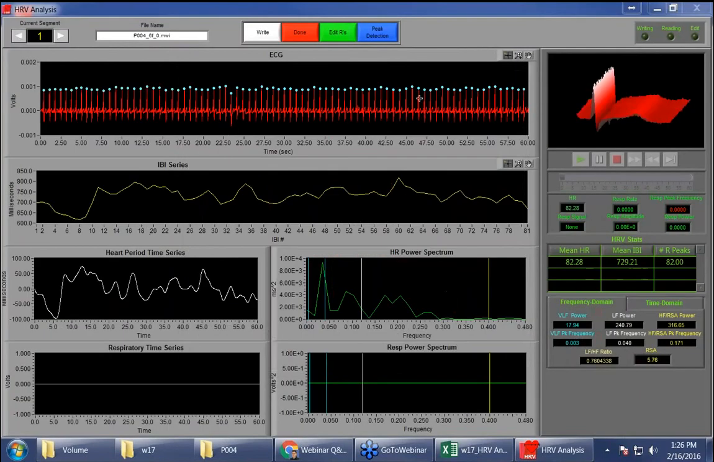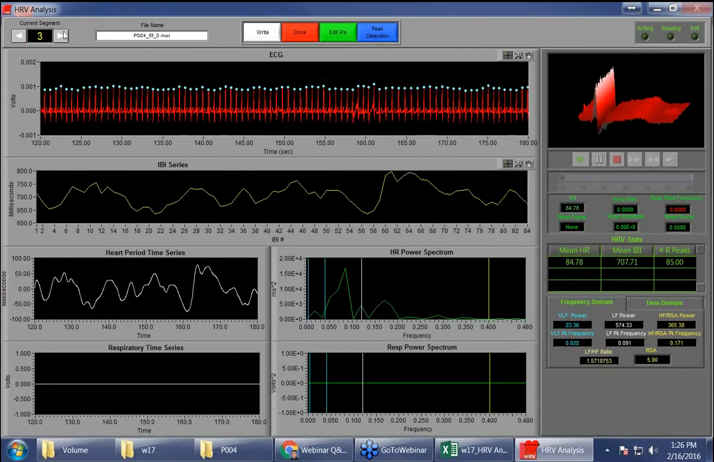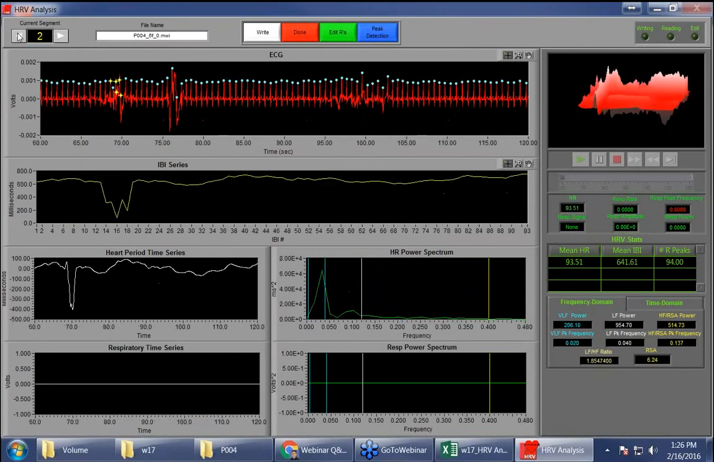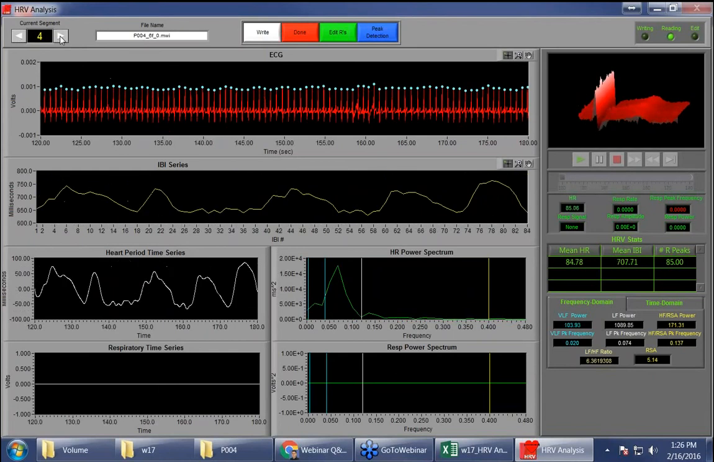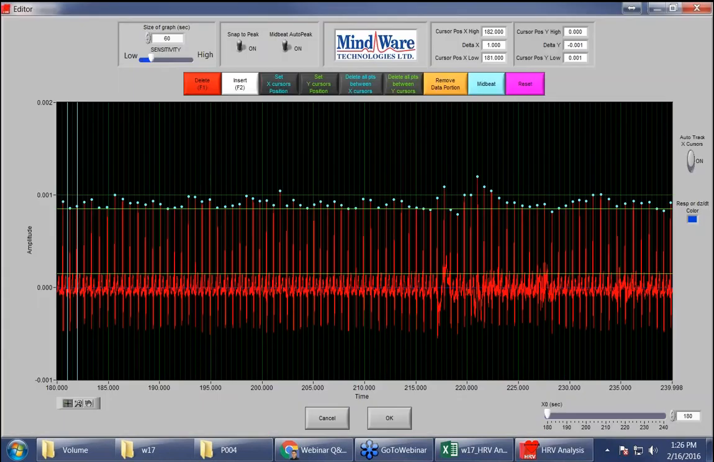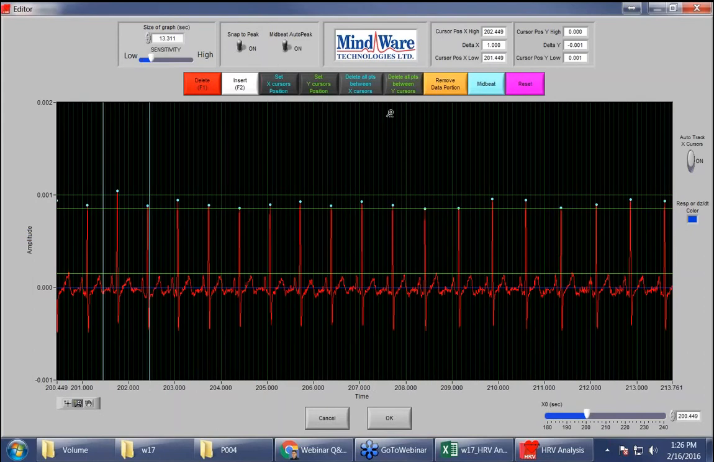Okay, so this is a different data set, but we're going to use this. Okay, so the question is, we want to go over again the snap to peak and midbeat peak functions. So let's zoom in a little bit here. So snap to peak, what that's going to do is